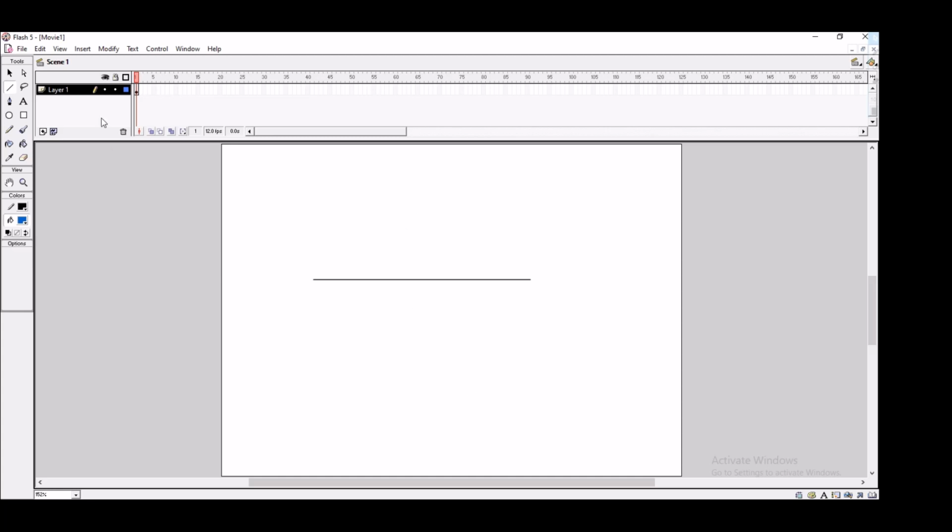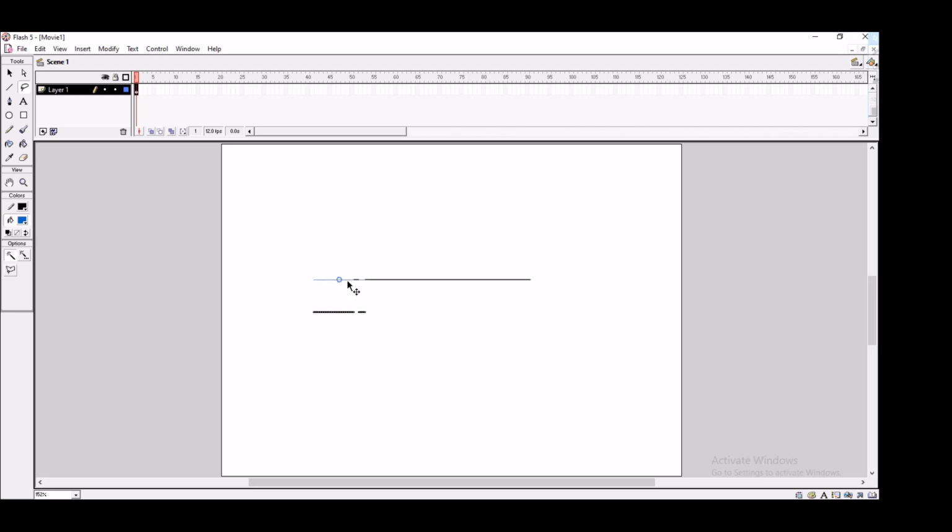The lasso tool has three different options: magic wand, magic wand properties, and polygon mode. The first one is the lasso itself. It would be used to select the object by drawing in a curved manner. You can draw in any curved manner as much as you want, and you can edit this object as shown.